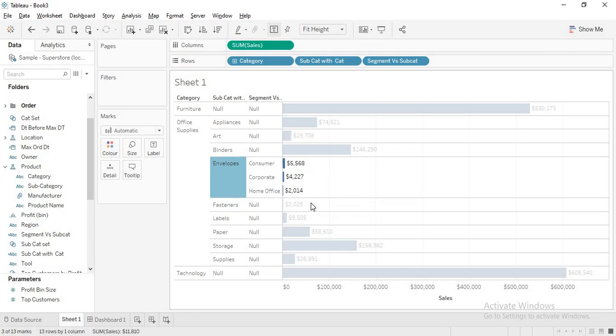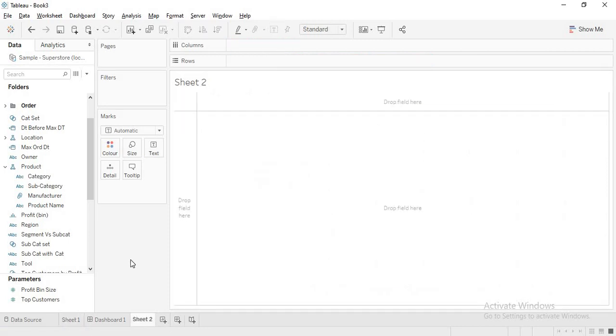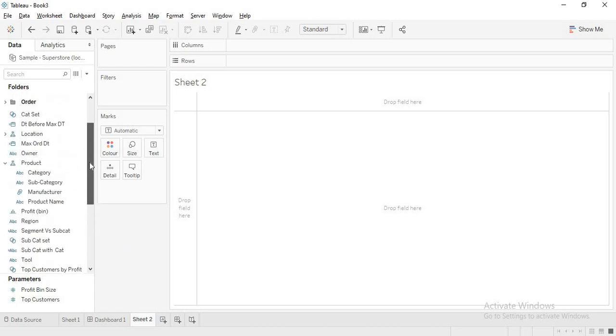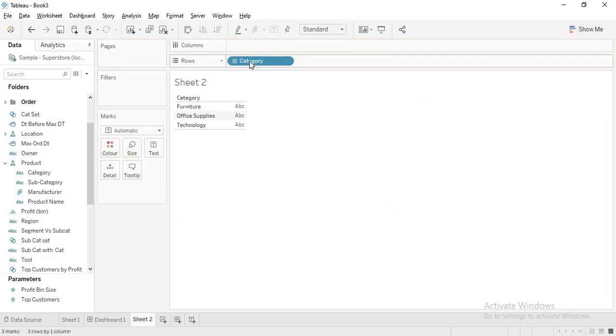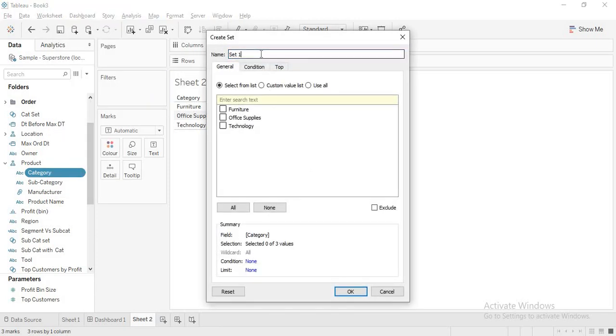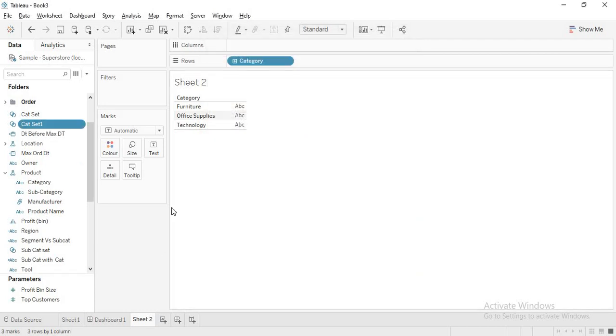So now I am going to show you how to get this functionality using set actions. Okay. Now going in, first let me drag my category. Yeah, I got my category. What we need to do first is create a set on it. Doesn't matter what it is, you name it according to yourself. I'll name it cat set 1. I think I already created that. So I'm creating cat set 1. I'm just selecting randomly. It doesn't matter whatever you select. I'll select OK. Fine. My category set is created.